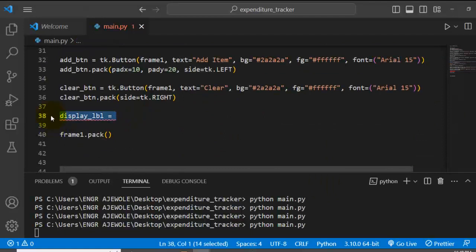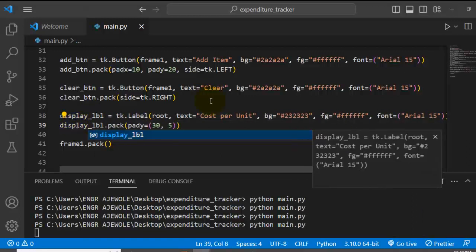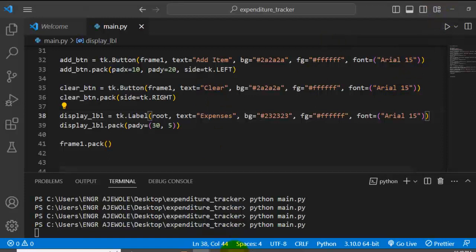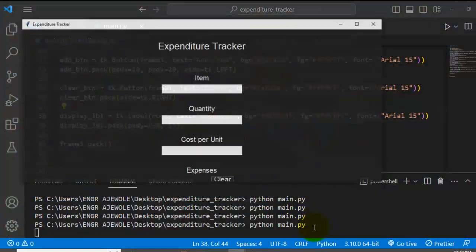I will change it back. I will say display, and what is there is expenses. Okay, that is what we have there. So if I run this, let's close what is running already. If I run this,